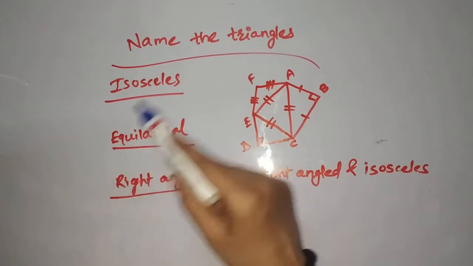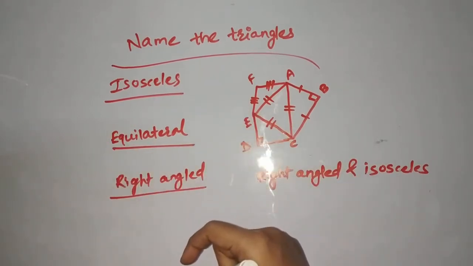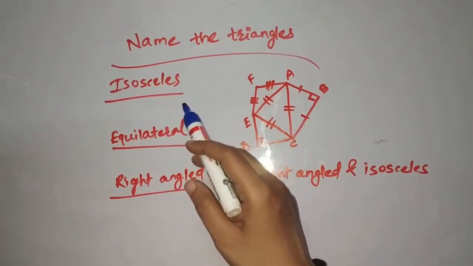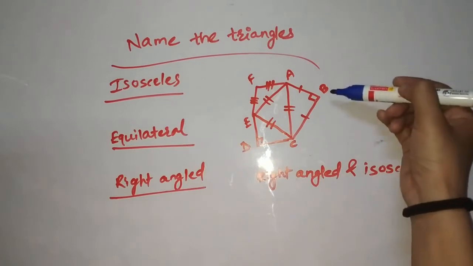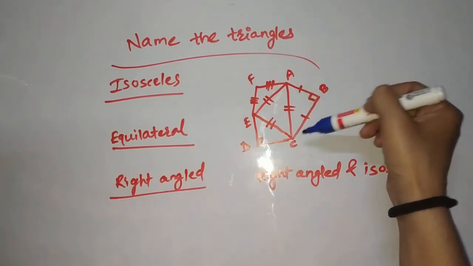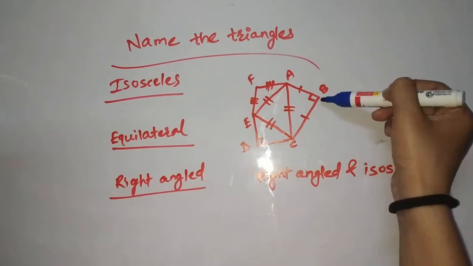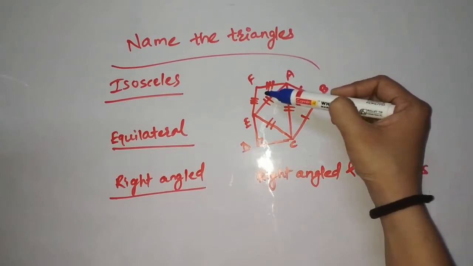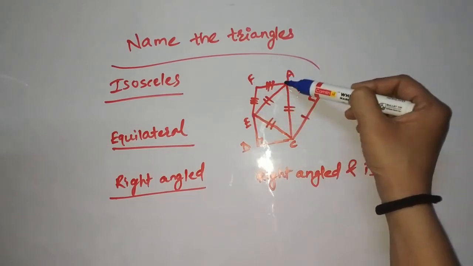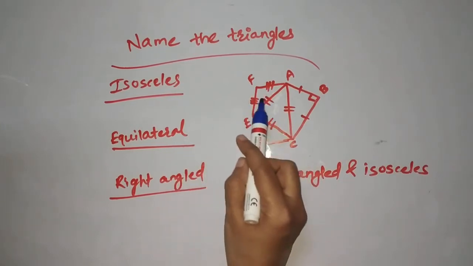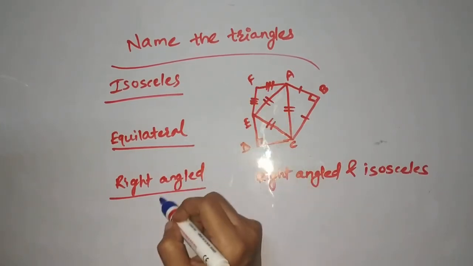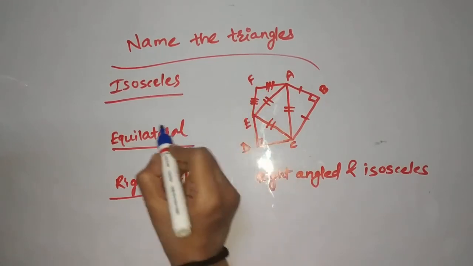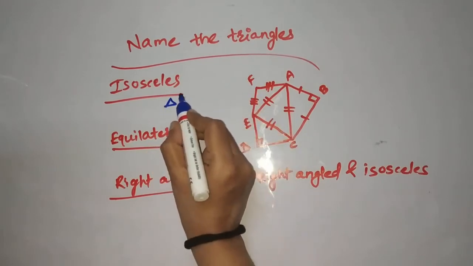So friends, we know that in our last video I introduced these types of triangles according to the sides. An isosceles triangle is a triangle in which we have two sides of equal length. If you notice, this triangle ABC is an isosceles triangle, as well as a right angle. Now this triangle EFA, two sides are equal. Here length EF is equal to length FA. Here you can see the notations for the equal length sides. So I will write here triangle EFA.